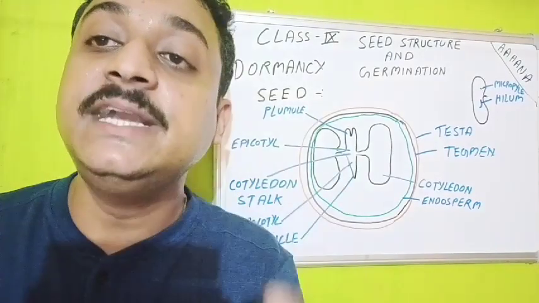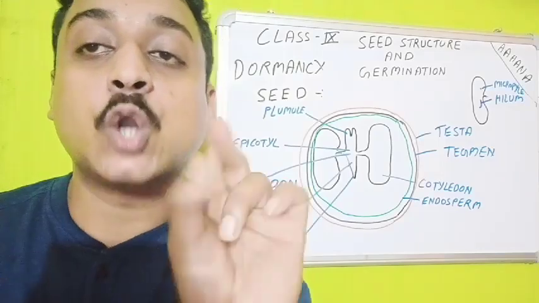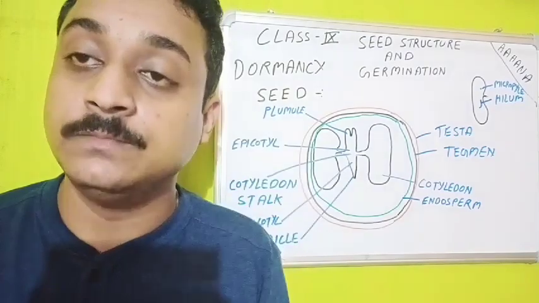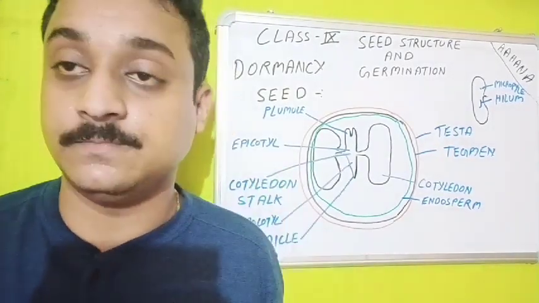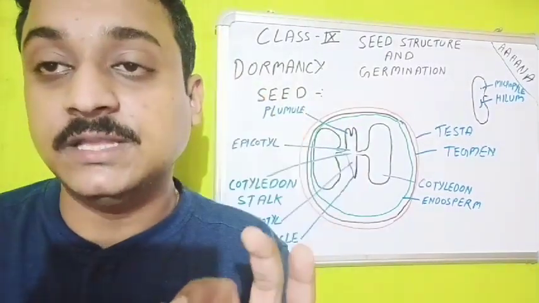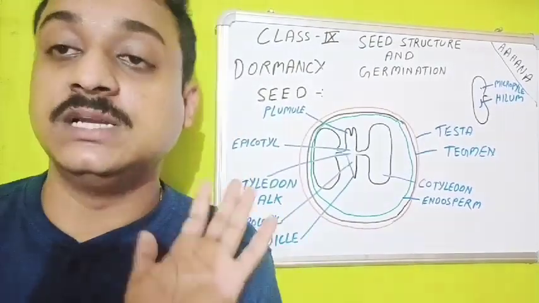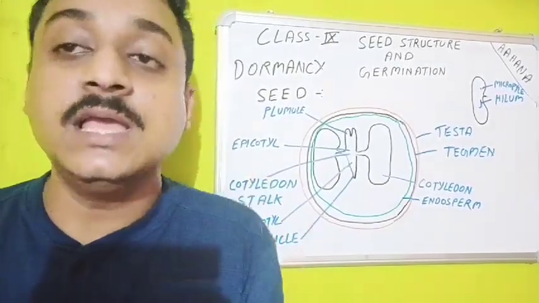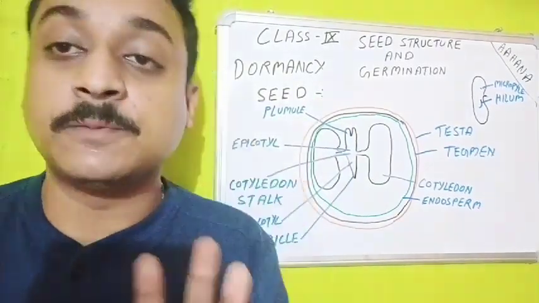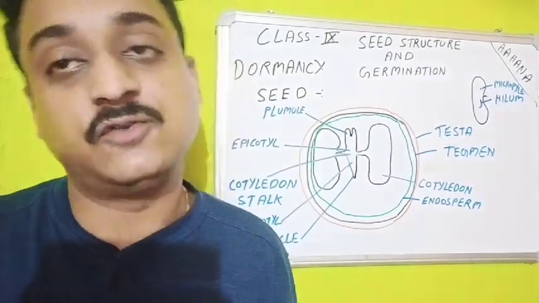But there is no seed without cotyledon. Each and every seed will have either one or two cotyledons. But there may be seeds without endosperm. Cotyledon is a compulsory item. It must be there. Without cotyledon, the seed cannot grow, but without endosperm, the seed can grow. So cotyledon is compulsory and endosperm is secondary. There may be no endosperm or there may be endosperm present, but cotyledon must be there, either one or two. If one, then monocot. If two, then dicot.